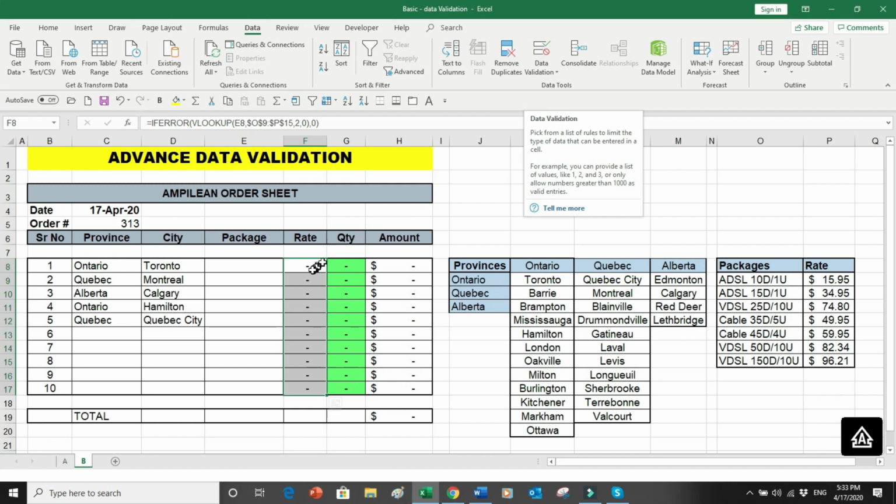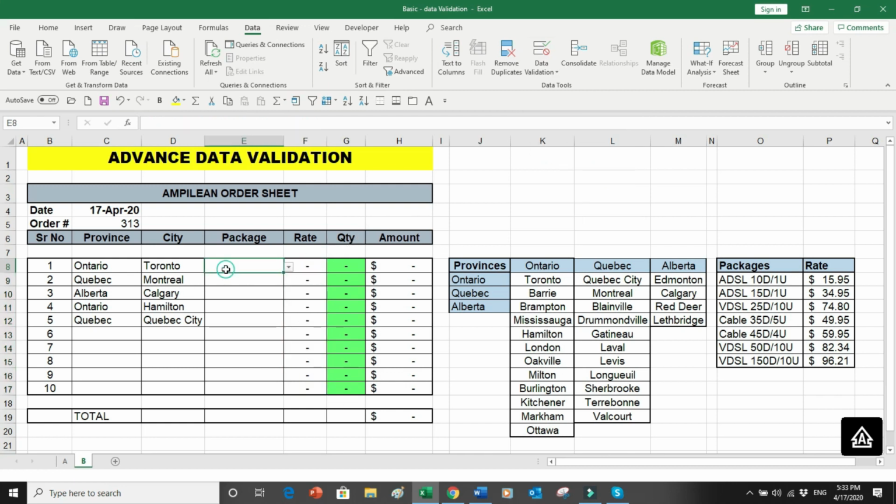Rates are already selected through the VLOOKUP, so I have to do nothing. So I will select my package 1, 2, 3, 4, and last is 5. And what I have to do only, I have to put the quantities 1, 2, 3, 4, and 5. And here is the total, and everything is done.